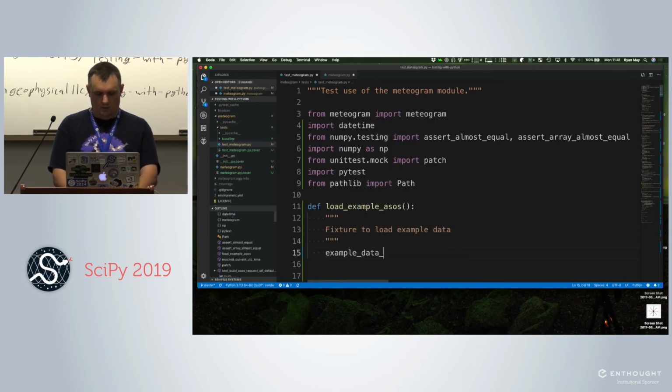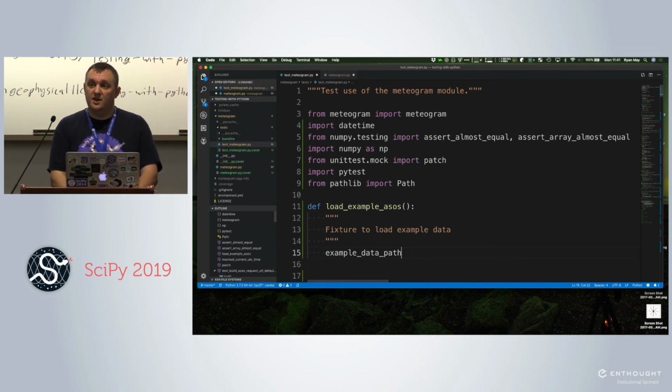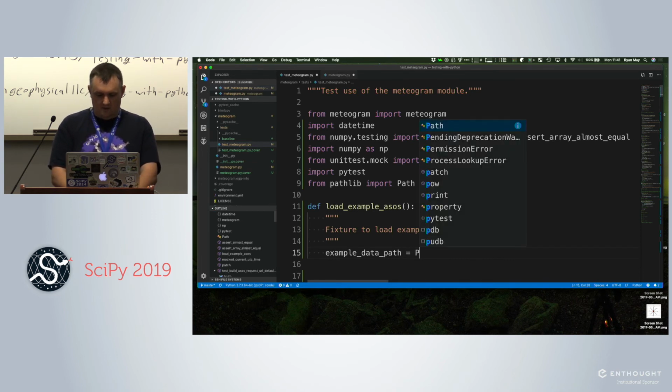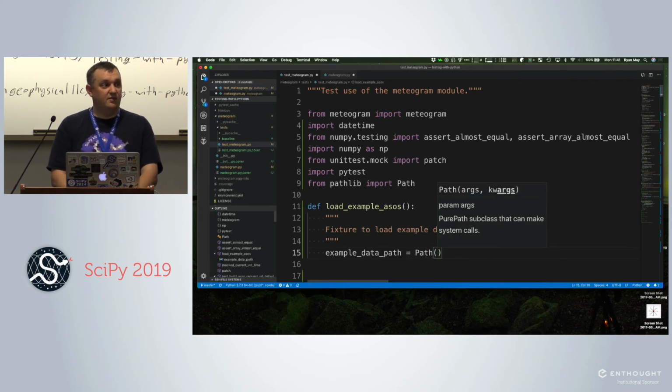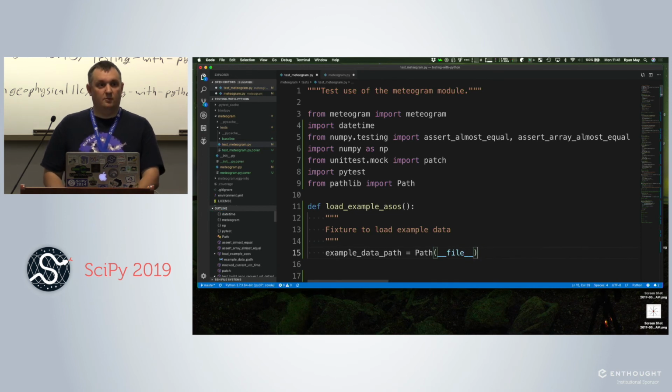So instead of downloading, what I'm going to do is download a copy of that data and save it into a path in my repository. I'm going to use pathlib to easily figure out where that's going to be. So we can say path and then pass it __file__. If you've not seen this in Python before, there's a special attribute __file__ that gives you the path of the current file you're in. In this case, our test-mediogram.py, the full path to that on disk.